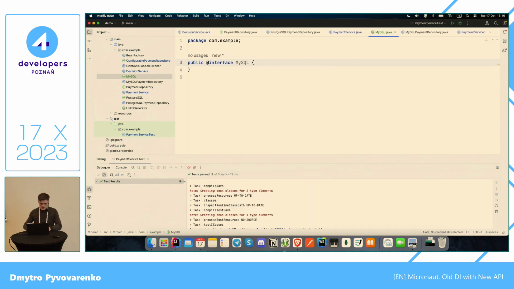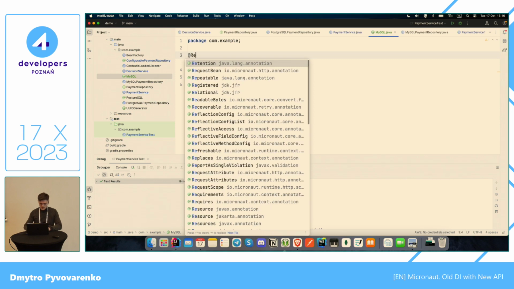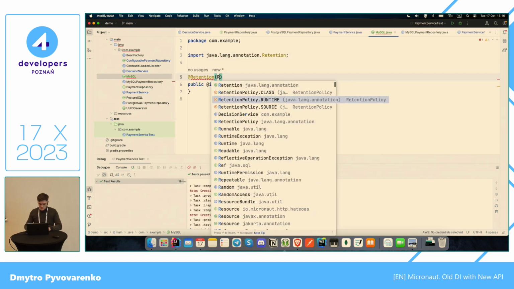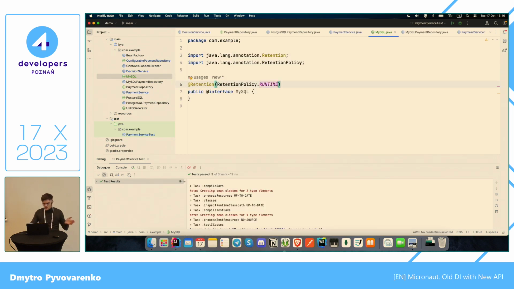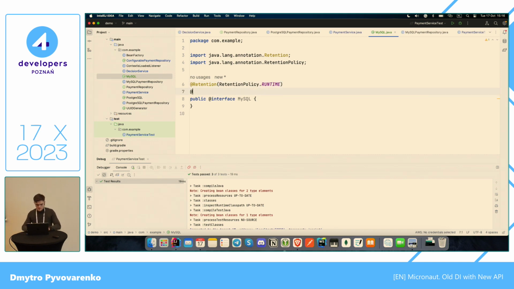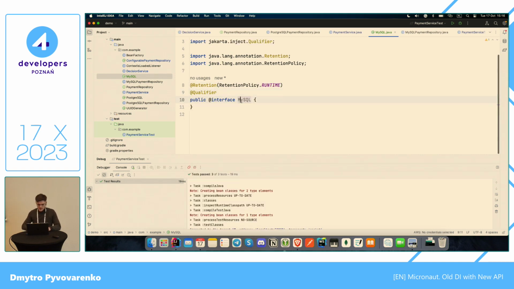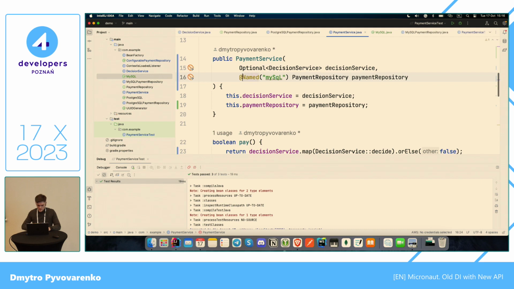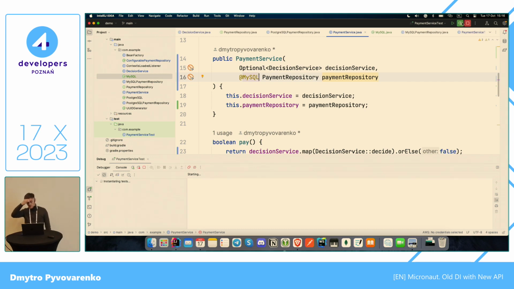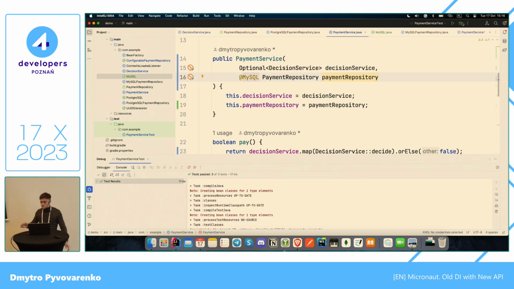Okay, let's put it here, with retention runtime. I checked actually, it works fine with any retention policy, and that qualifier. Okay, great. Go to the payment repository, and let's replace it with MySQL. Let's run it. And it's a success. We did really good binding by the annotation, by the MySQL, by the same naming, but